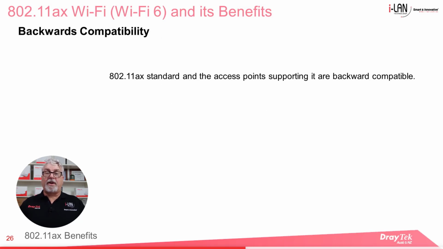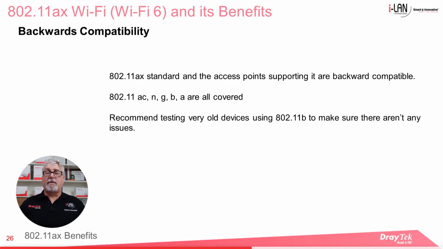One useful benefit is the 802.11ax standard is backwards compatible with older standards. What this means is that in a wireless network which has older devices running older standards such as 802.11ac, N, G, and A, these devices will still be able to communicate through 802.11ax routers and access points. It is still advisable to test older devices on your network for compatibility before deploying 802.11ax on your network though.